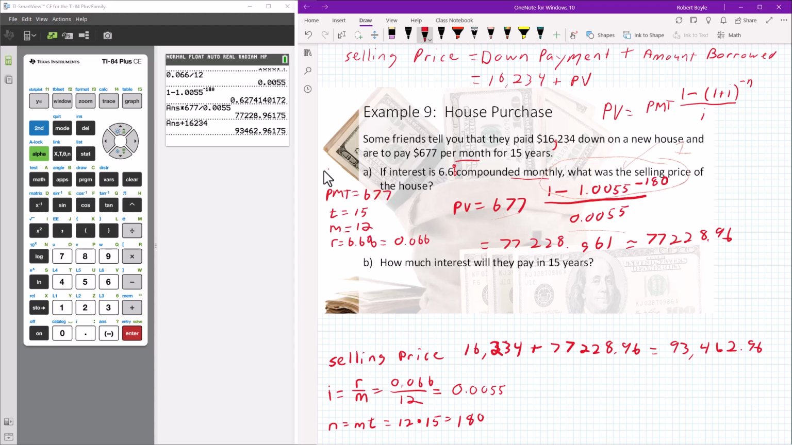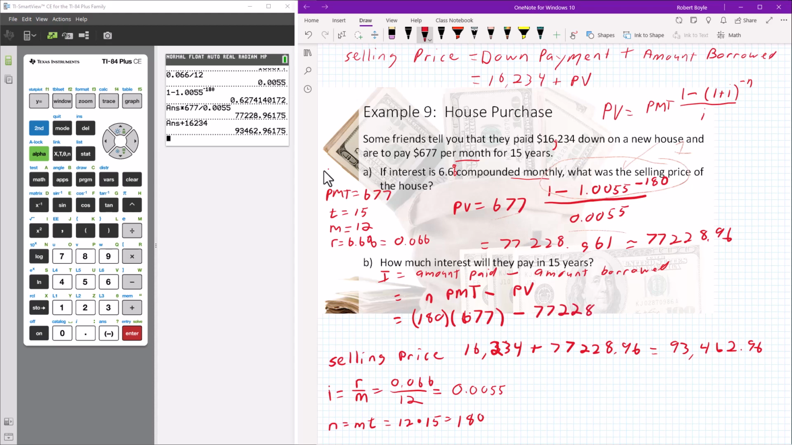Okay, now the question here is how much interest did they pay in those 15 years? Now remember, the interest is equal to the amount you paid minus not the cost of the house, but the amount borrowed. The amount you paid is your monthly payment times the number of payments made, minus the present value of your loan. That is going to be equal to 180, the number of payments, times 677, the amount that you paid every single month for 15 years, minus this value right here,